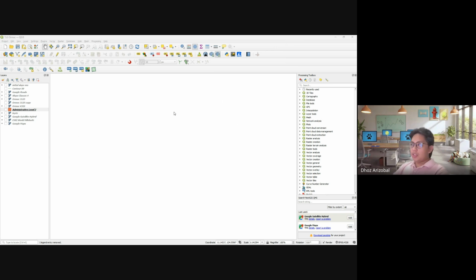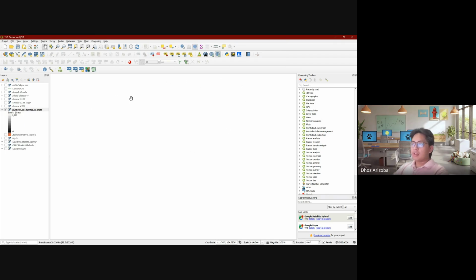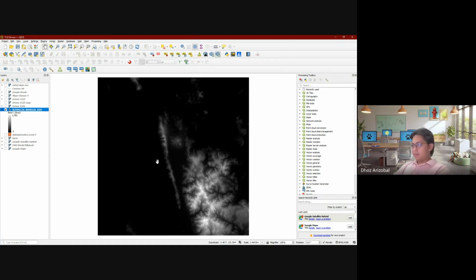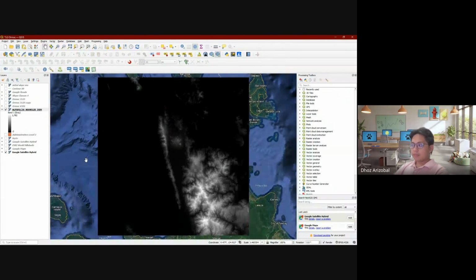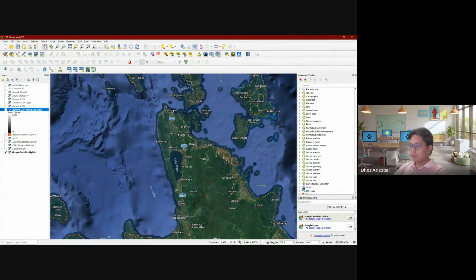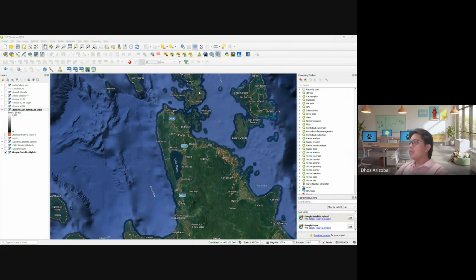When you download your DEMs, you would usually locate them by looking at the extension .tif.